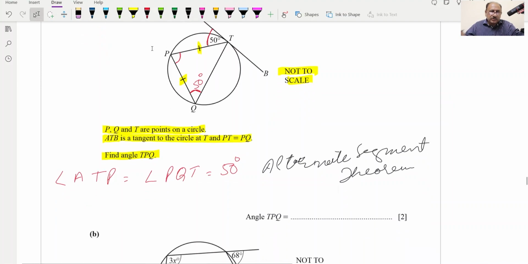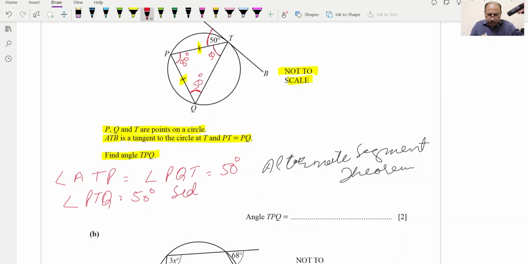So next is what? Next is easy. So this will also be 50 degrees because both sides are equal, and if these two are 50, then the remaining one will be 80 degrees. So we can write angle PTQ is equal to 50 degrees, and we can say that